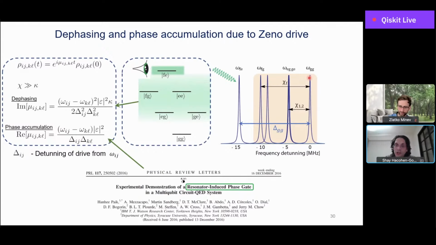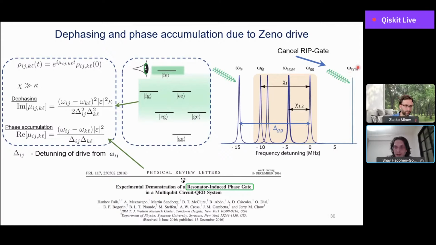But remember, we want a non-interacting system. We want to be able to apply a projector that is only doing a projection. We don't want to induce any entanglement in this system. And what this phase accumulation is doing, it's causing entanglement in the system, and it's actually very, very effective and can create a very, very good gate. And what we want to do, we want to get rid of this. And so to get rid of this, what we do is we apply a cancellation signal. We call this